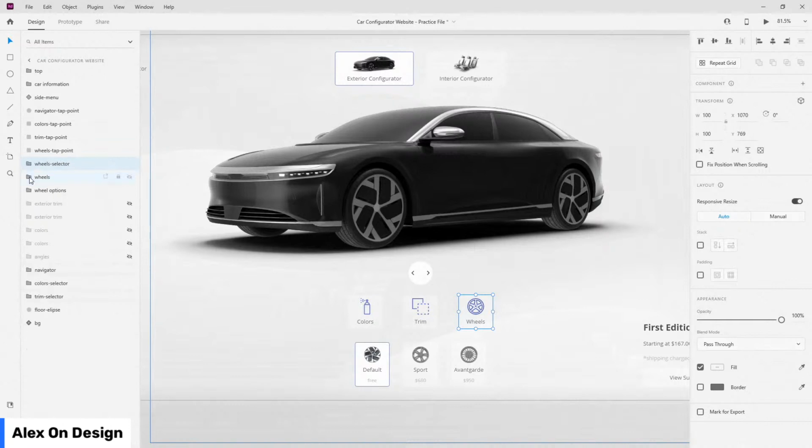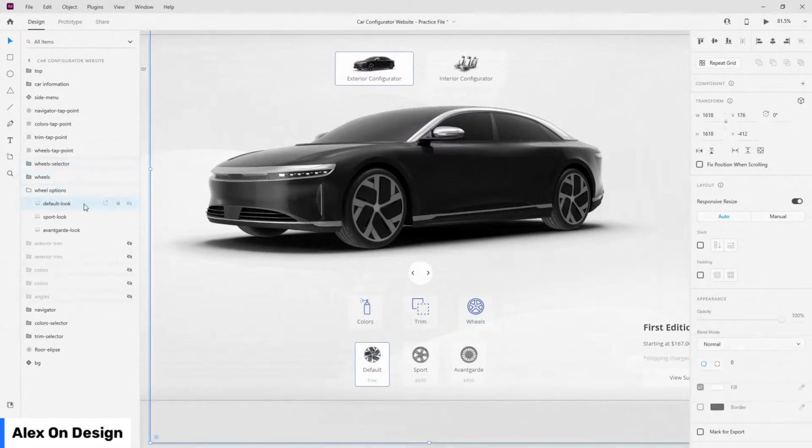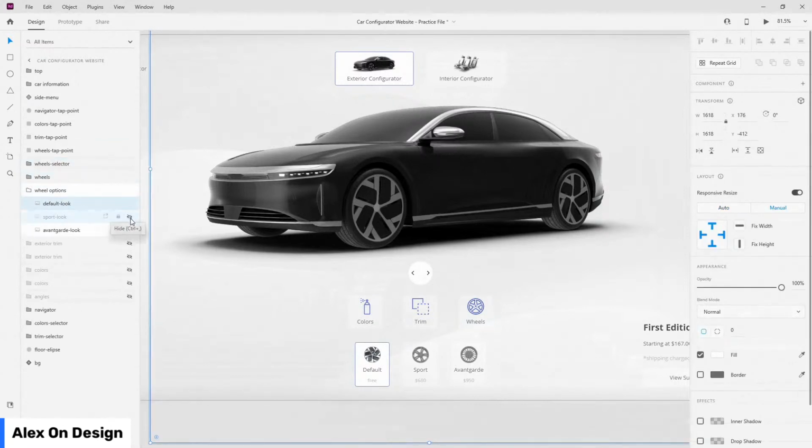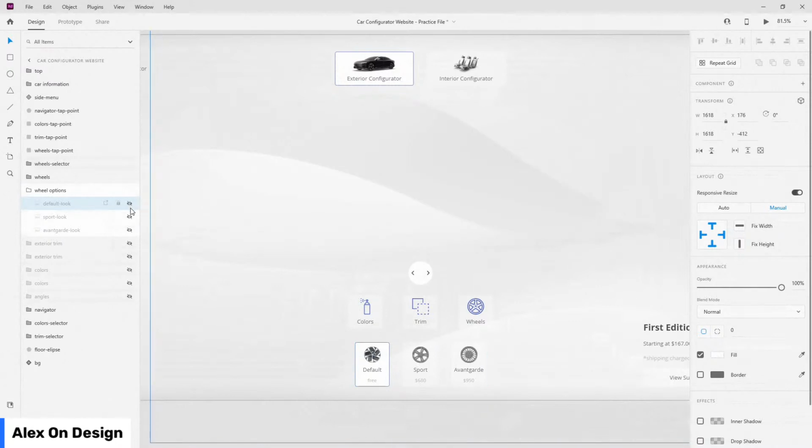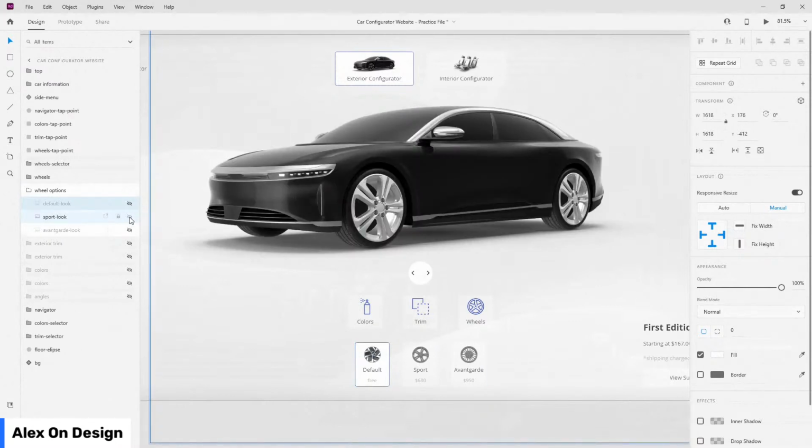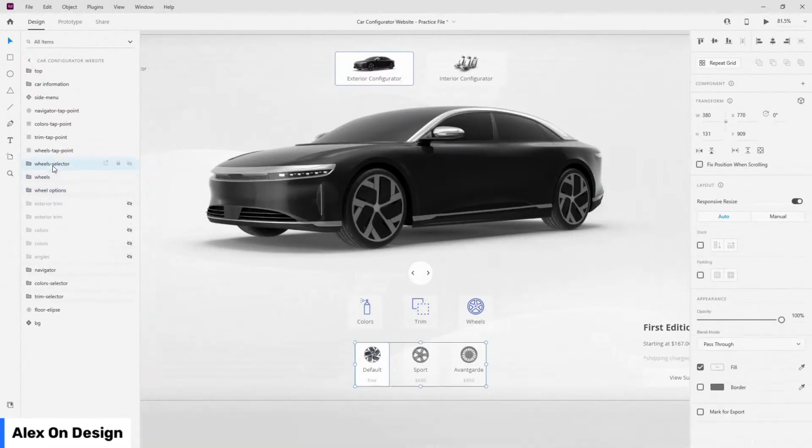And if I open up the wheel options, you can see default look is here, but these two should be hidden like so. So in the next one, when we click to sport, default look is going to be hidden and sport look is going to be shown, complementing that selection of ours. So wheel selection, wheels, and wheels selector. So wheel options, let's keep it like